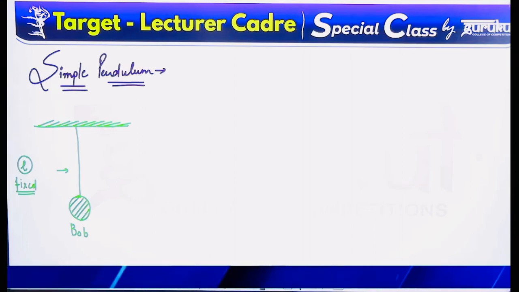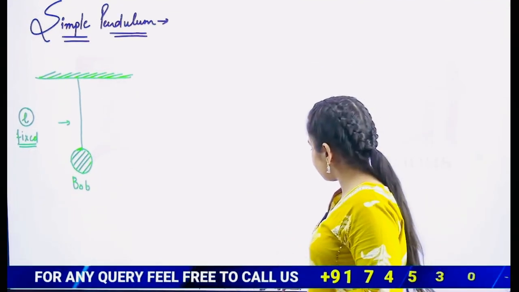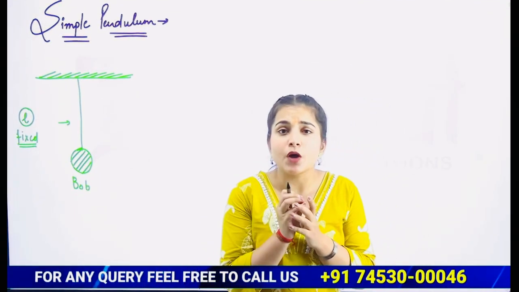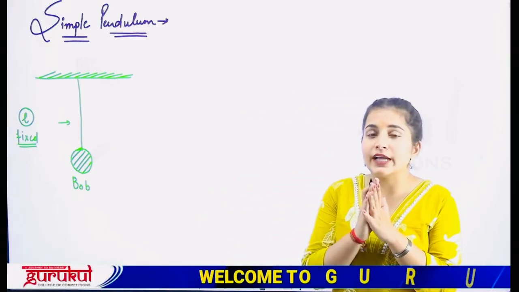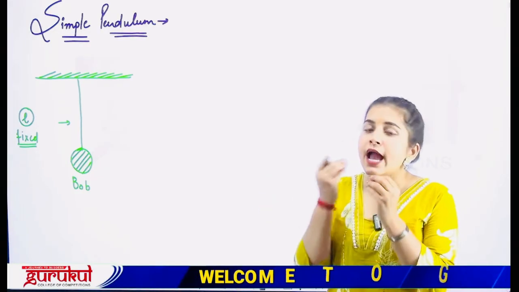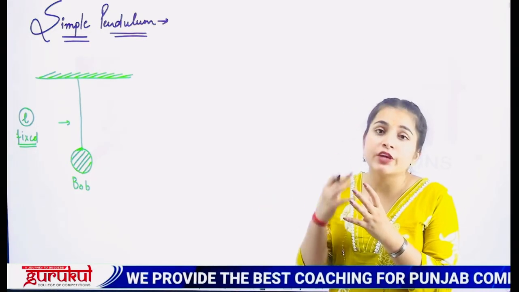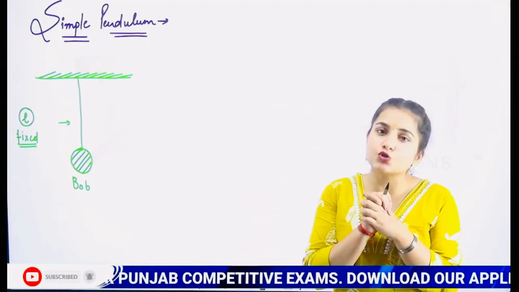So we are going to begin with the simple pendulum case. First of all, we have discussed Lagrange's equation of motion. We have switched from Newtonian mechanics to the Lagrangian formulation to make things easier, to find the equations of motion in an easier manner, not dealing with vector analysis and just dealing with scalars, so that we can find the equations of motion easily as compared to Newtonian mechanics.